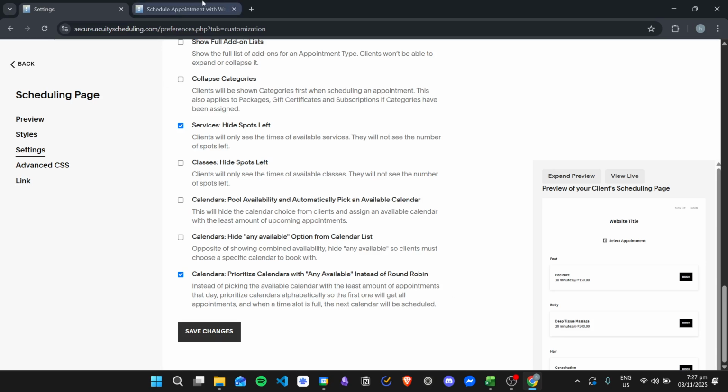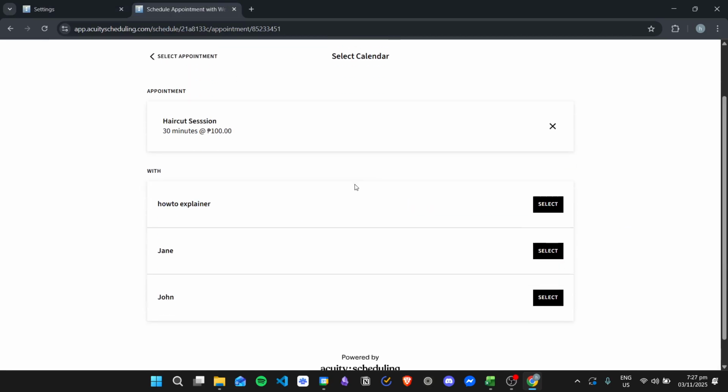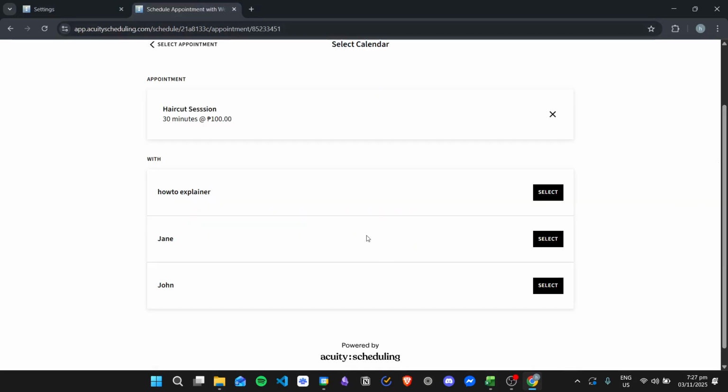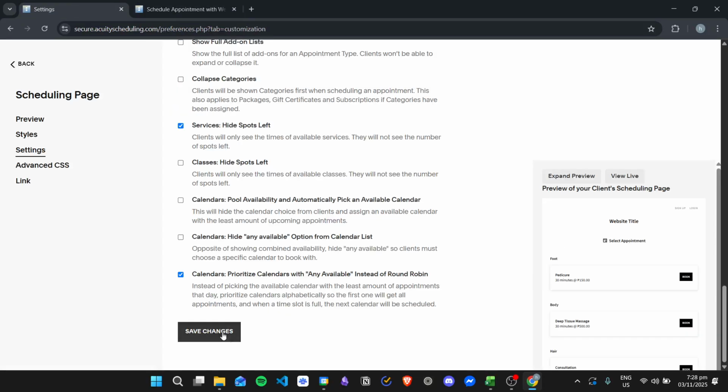So for example, in our scheduling page, if we turn this on, all of the appointments will be put to my calendar right here. And the only time that Jane's calendar will be assigned to a customer is when my calendar is already full. And then if we turn this on, click on Save Changes,